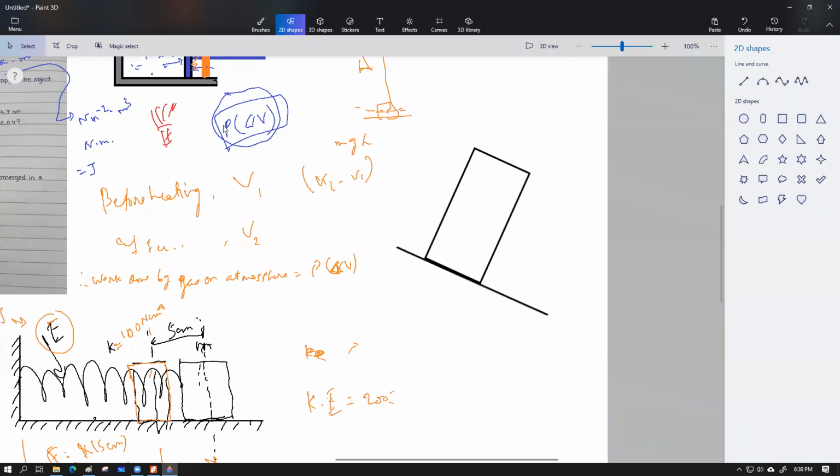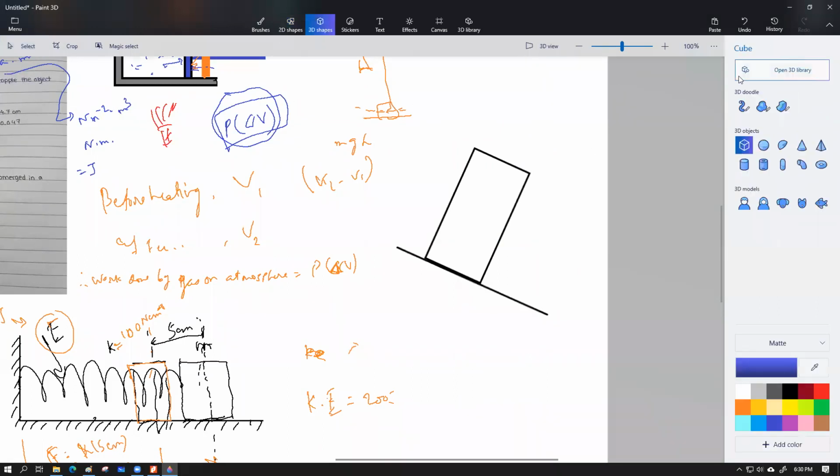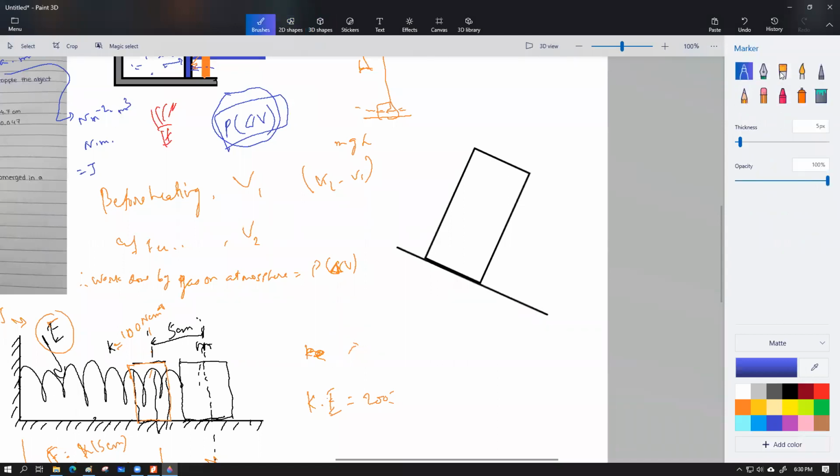What I really need you to understand, where is our eraser here? Brushes, eraser, eraser, eraser. What I really need you to understand is that whenever this is achieved, the ground is essentially like this. Ground is like this. All right? Now the object is supported at the corner point, and we need to push the object up to this point so that